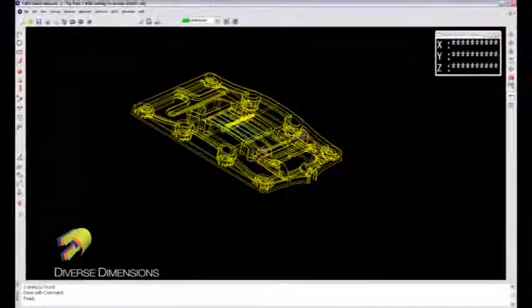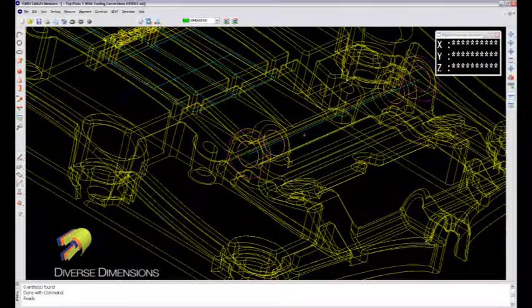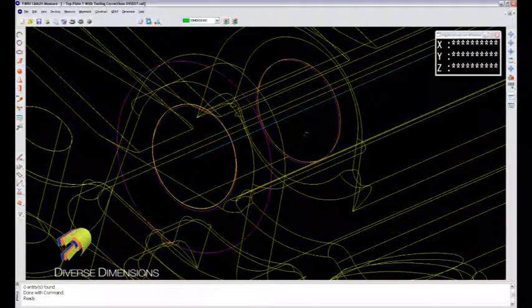So I'm going to zoom in on this area here. You can see my IGES is in yellow, and then I've got my measured data that's actually in purple here. I'll go in one more section yet too. So you'll see that my measured data here is in purple. It looks pretty close to where it needs to be based on the CAD model or the circle that's going